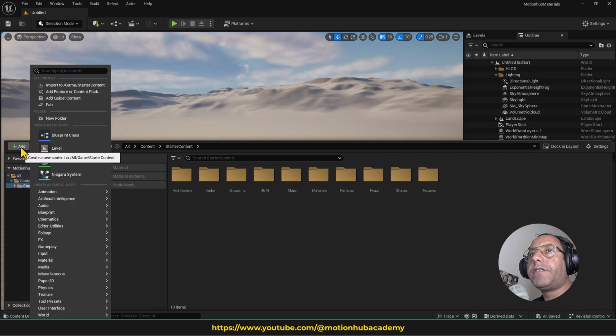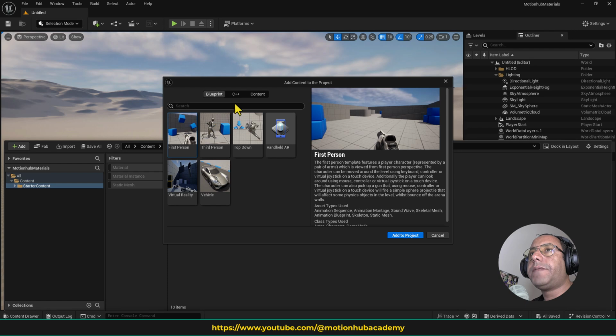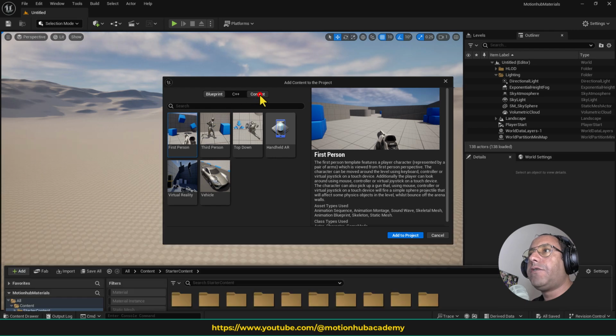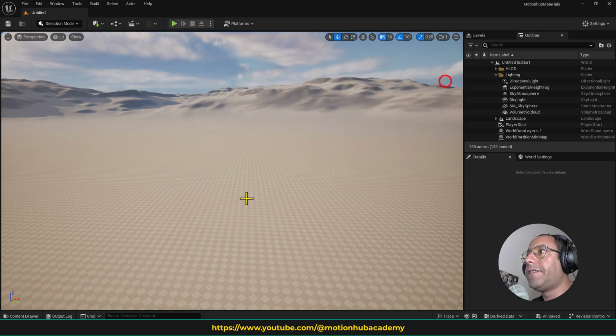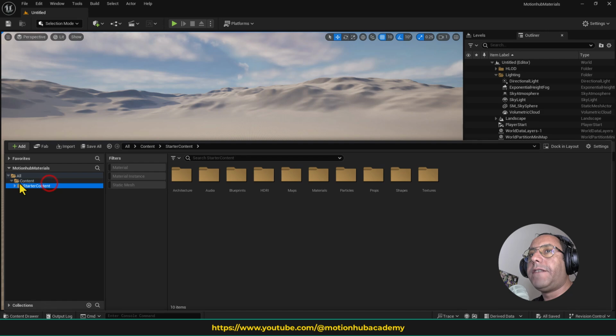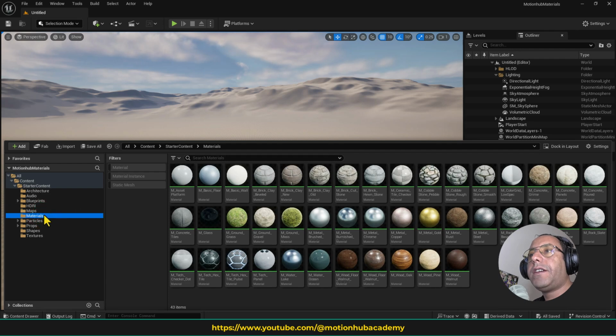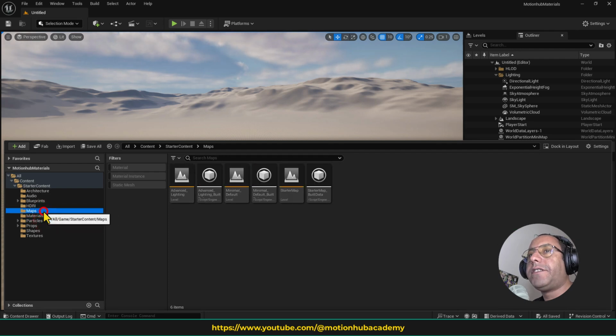You can press on add feature or content pack, and from here we go to contents and press on starter content and then add it to project. In my case I already have this starter content folder, and we have some materials, some particles,